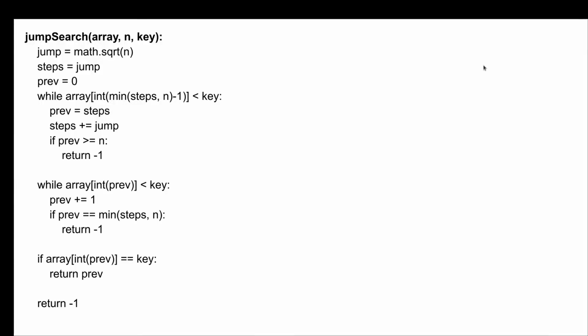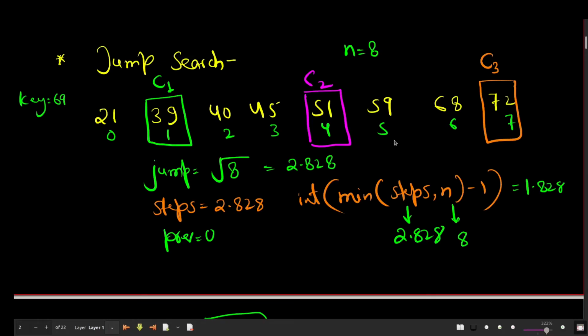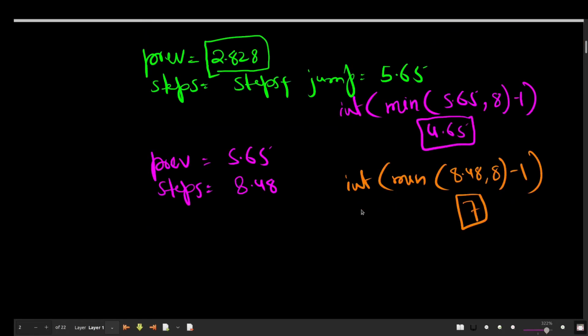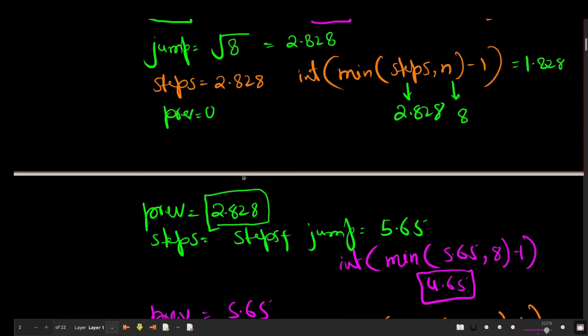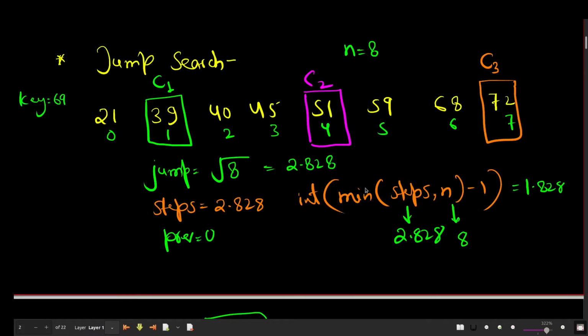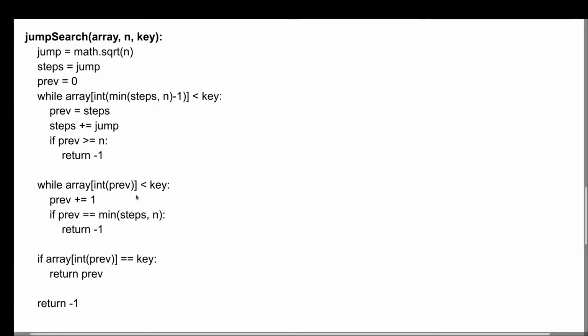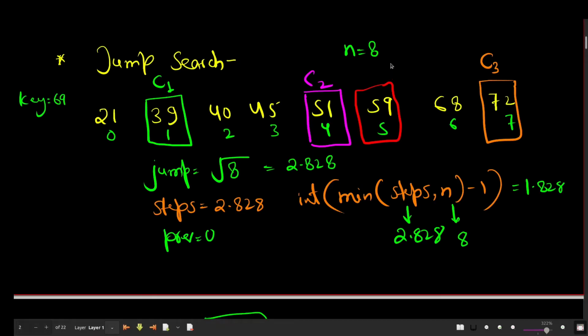Why? Because in the next loop here we are again checking whether previous is less than key or not. And what is previous? This was previous, right? You can see here previous was 5.65, so we will take the integer version of that, and it is this one. So let me color it red, and here it is making a comparison.